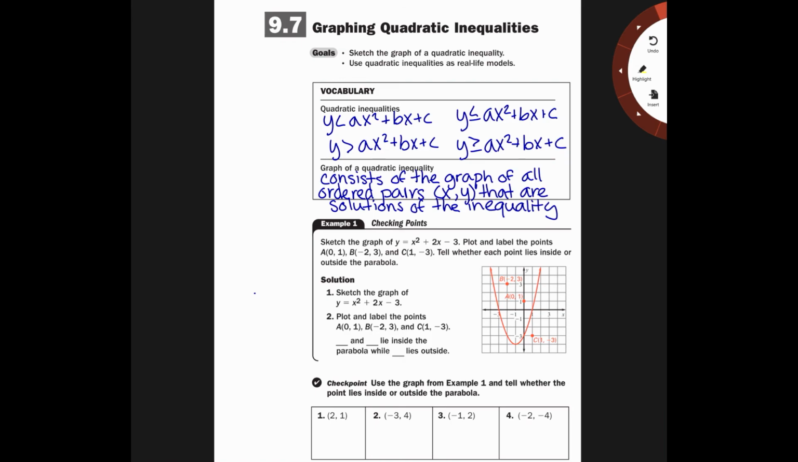Guys, we are on the last section of this chapter that we're going to do, and it's almost spring break, so hang in there. So, quadratic inequalities, they're very, very similar to when we were graphing inequalities, and then we